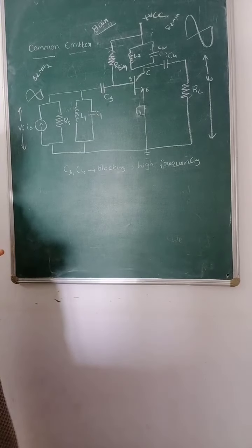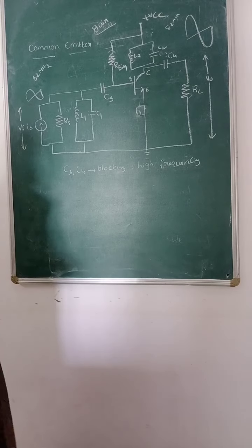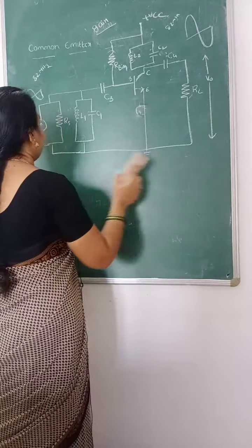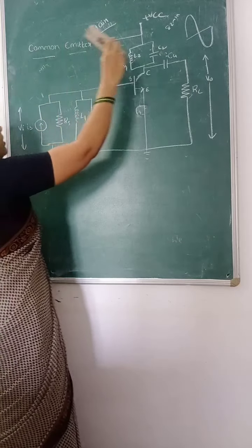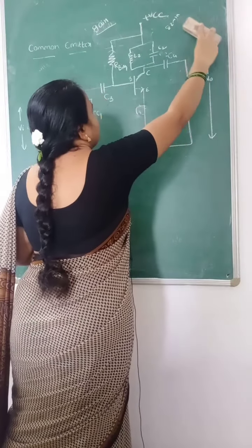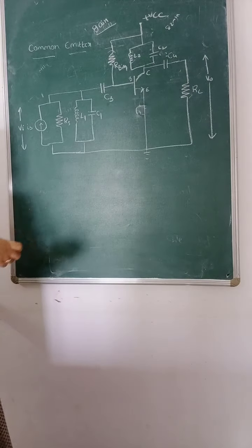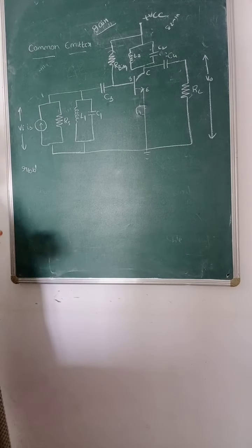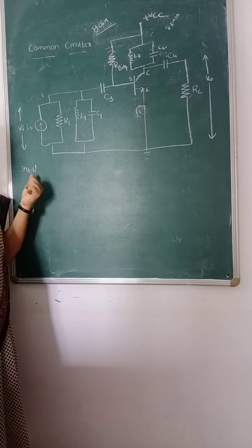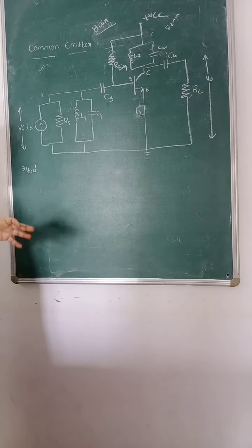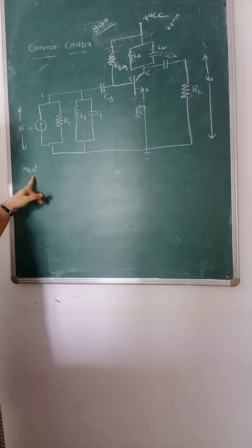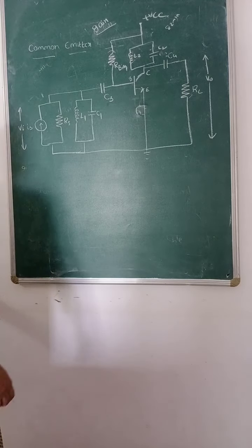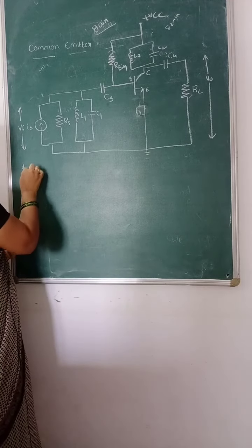So in order to calculate this gain, first we should draw the hybrid pi equivalent circuit of this common emitter tuned amplifier. So in the hybrid parameters we have a resistance called RBB dash. We have assumed that this resistance is the resistance between the base terminal B and the interbase terminal B dash, which is always a negligible value. So here I am neglecting the resistance RBB dash. So let us draw the hybrid pi equivalent circuit